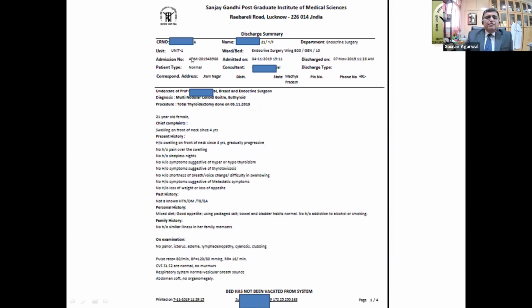There is an admission number generated for every patient who is admitted, and this unique admission number is important for later on in posterity knowing about these details. The date and time of admission, the date and time of discharge, whether the patient's admission was a normal or an emergent or special or VIP, who was the consultant under whom the patient was admitted or discharged, and what was the kind of discharge. Was it a routine discharge or a LAMA or absconder or whatever?